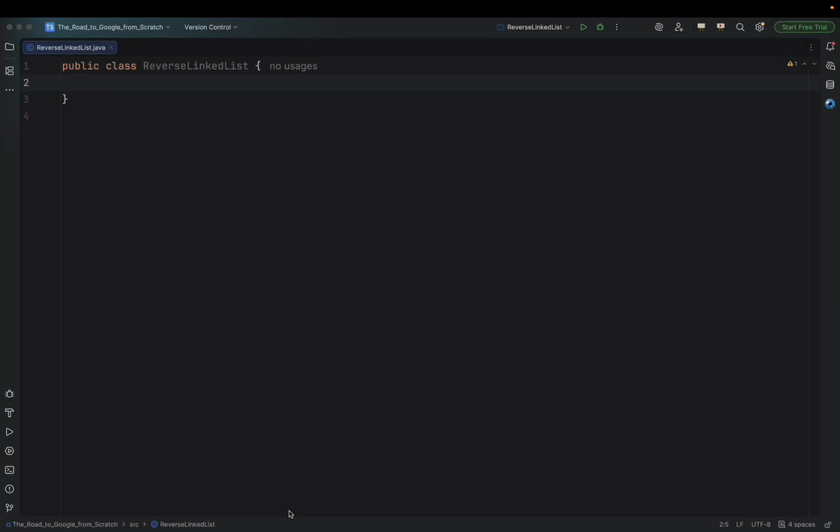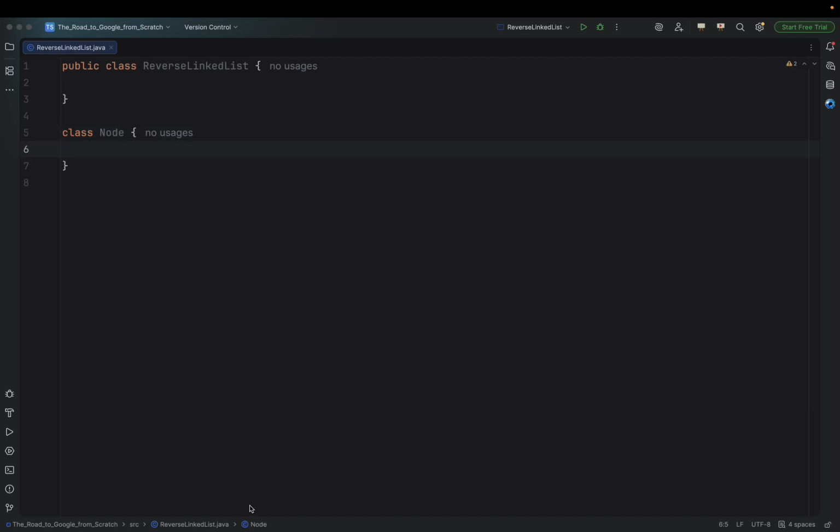So now let's try to implement this algorithm in code. First of all, what we need to do is to create a class which will represent our node, because in Java we don't have any structure which can initially represent it. So let's create it ourselves. It will be a class. We will call this class Node,